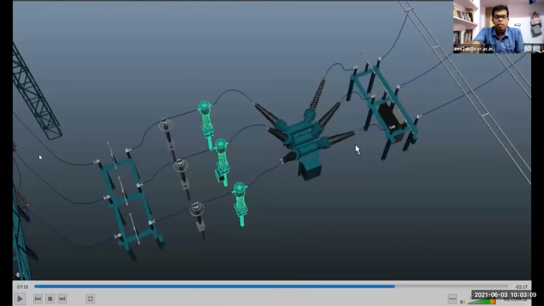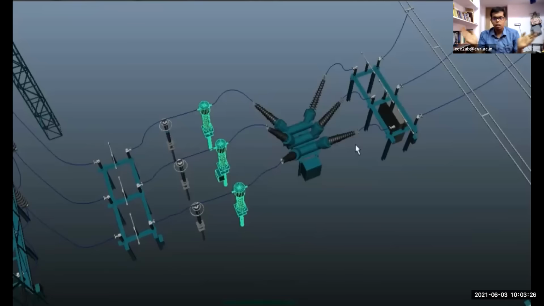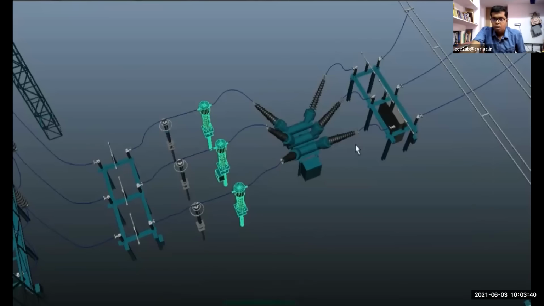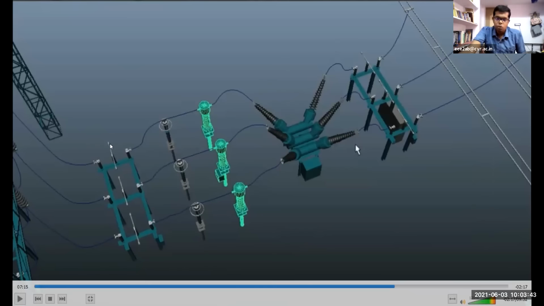So while doing this isolation operation and maintenance operation, you must be very careful. Sometimes he will isolate one isolator and do the work over here. For safety purposes, it is better if we isolate two lines, so that he can come here and do the maintenance operation on the current transformer, pole insulators, or circuit breakers. Then it will be very good. Or otherwise, if it is open now,